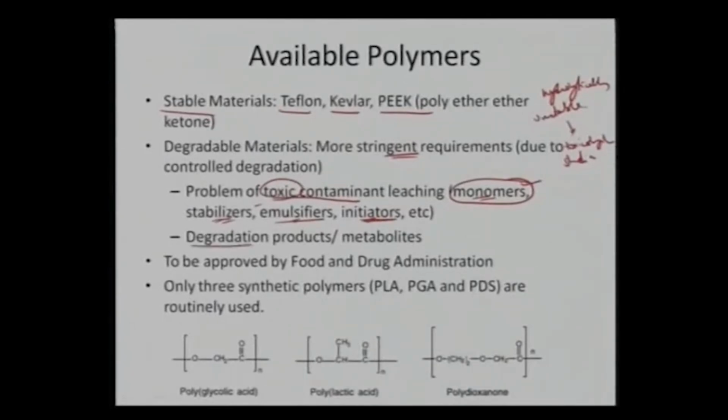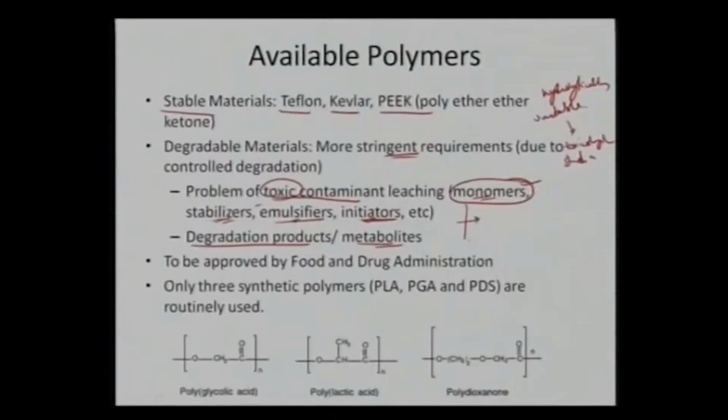And again, the degradation products or metabolites of a polymer should not contaminate, or cause any adverse effects to the body or to themselves. So that is one more challenging requirement for engineering a degradable material. And after that, it needs to undergo, first of all, in vitro studies that confirm the material is biocompatible or cytocompatible. Then it has to undergo certain in vivo studies, and then it should also undergo clinical trials,